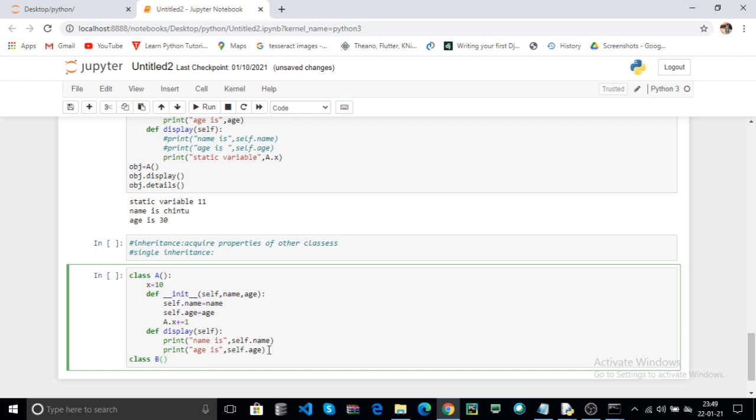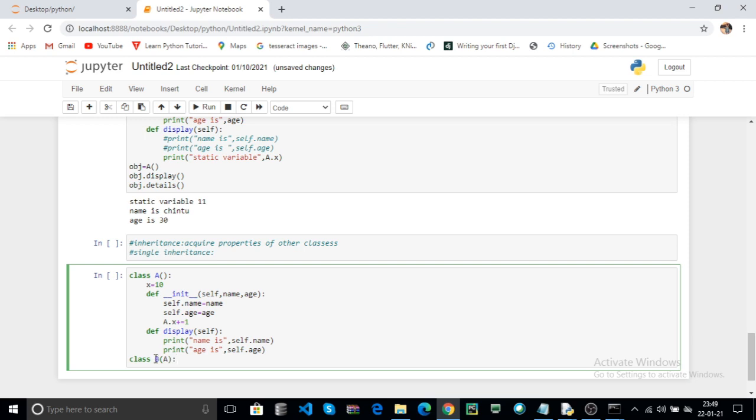Here how to create an inheritance in Python. In other programming languages, for Java, you can use the extends keyword to extend the parent class. Here you can directly pass your parent class name in the parentheses. That is the inheritance in Python.